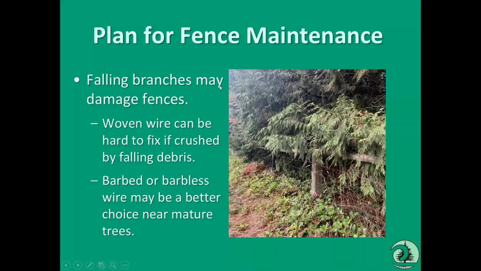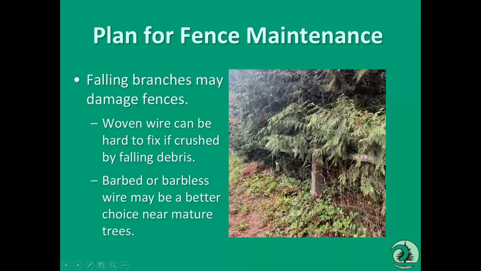The other thing to consider is what type of species you put next to fences. So for instance, if you put large conifer trees or larger deciduous trees right along a fence line, over time when those get older, they might start to drop branches, which could break your fences or fall on top of your fences. So consider that when you are doing your plantings. And some fences are definitely easier to maintain than others if they have branches fall on them. For instance, barbed or barbless wire might be a little bit easier to fix if a branch falls on it versus woven wire, which can oftentimes get crushed down, and it's a lot harder to fix that woven wire if it's